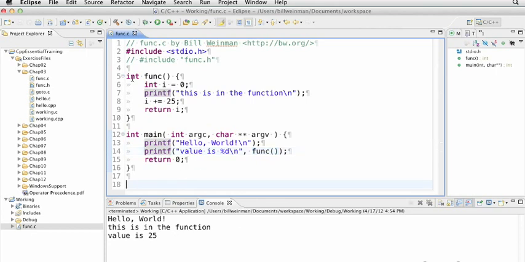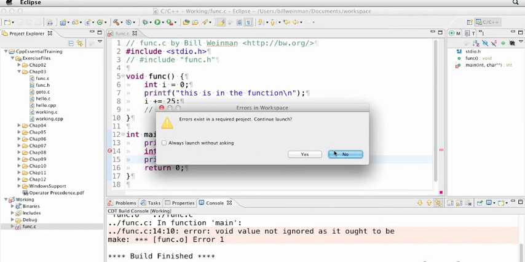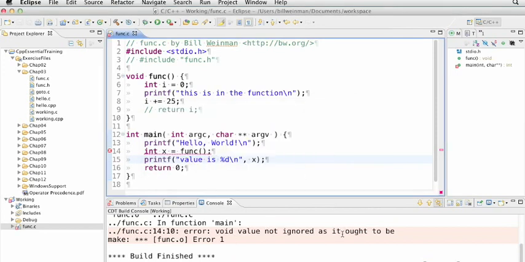If the return type is void, of course, then it's no longer legal to return anything. And it's no longer legal to take that value. So if I were to try and assign this, say int x equals func, and put the x over here, this is no longer legal. If I save this and run it, it says void value not ignored as it ought to be, because I've